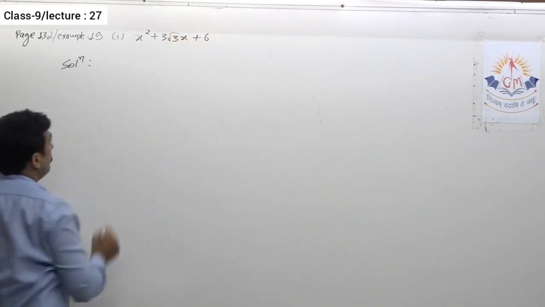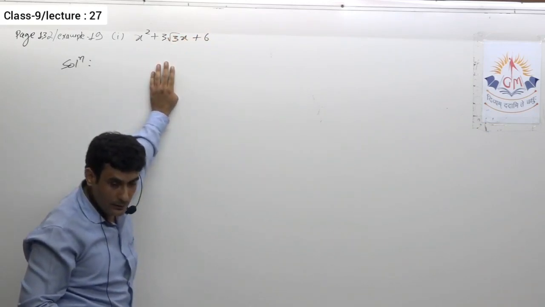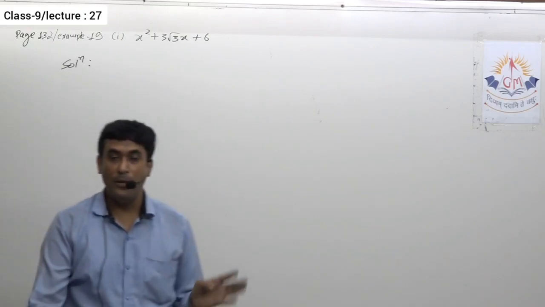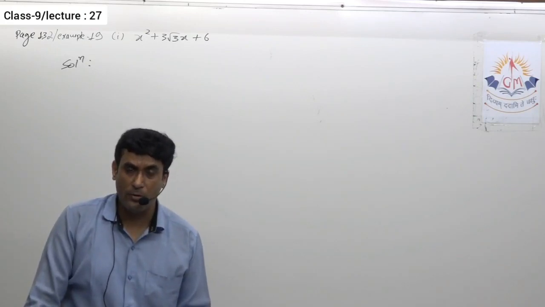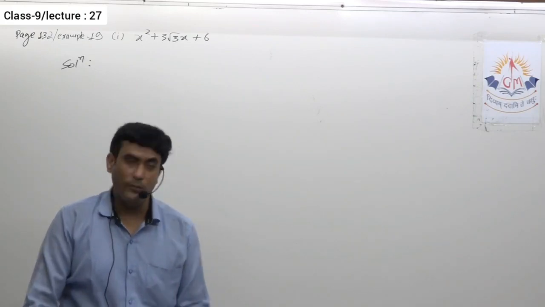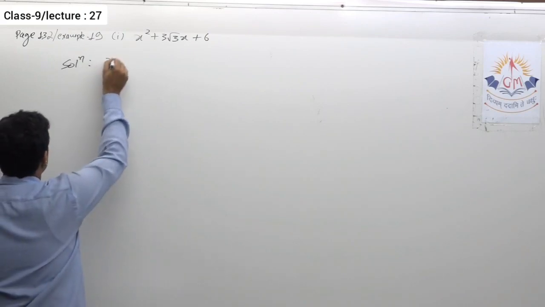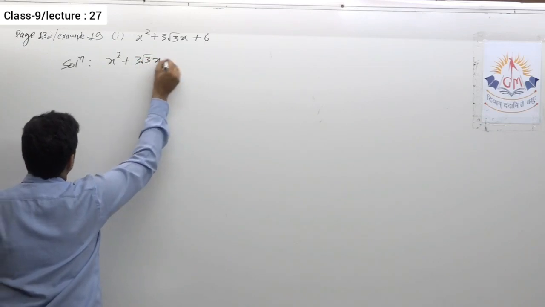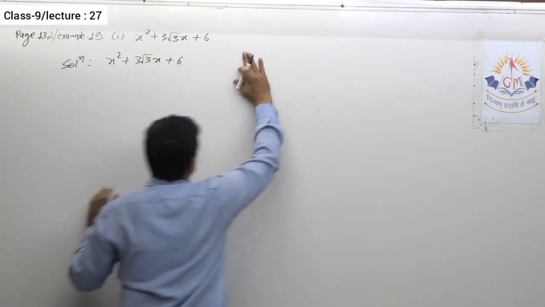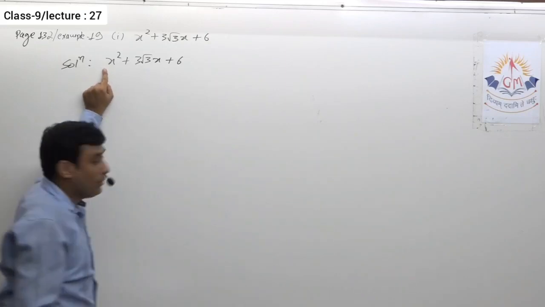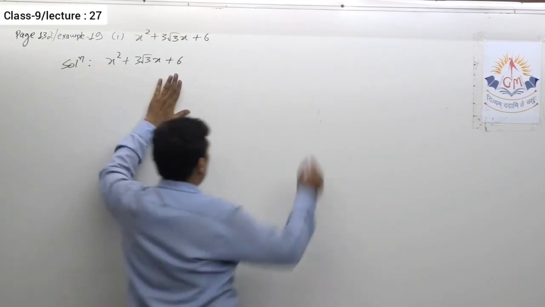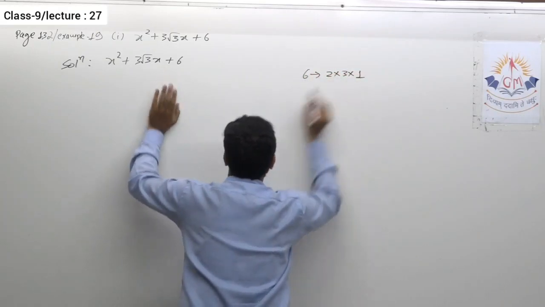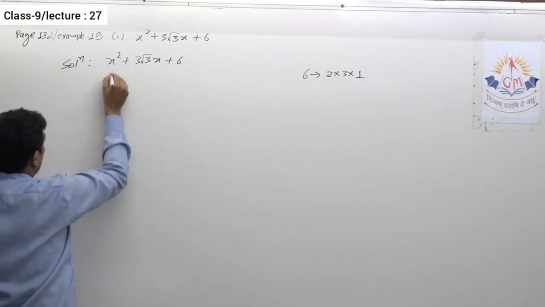See, whenever you have an irrational term in the middle, what do you have to do? Definitely the first 3 steps are the same. We check whether it is in the standard form or not, whether the first term is positive or not, and then third, to split the term, we factorize the constant term, or in other words we find the factors of the constant term multiplied by the coefficient of x square. Here it is 1, so definitely we have to find the factors of 6 only, that is 2 into 3 into 1. Okay, so x square.